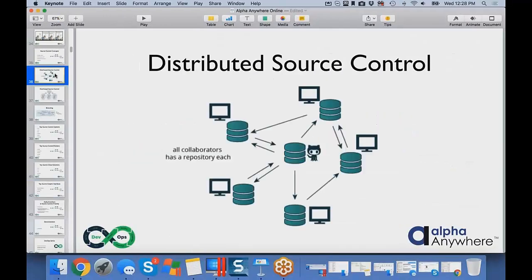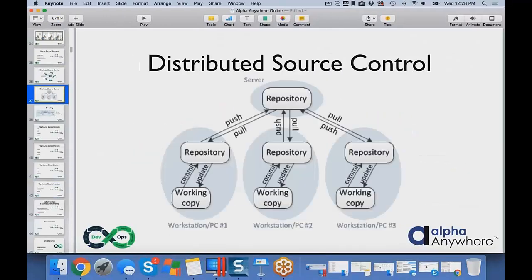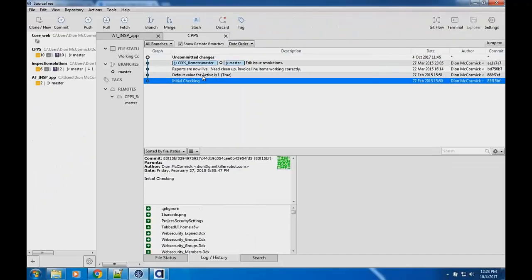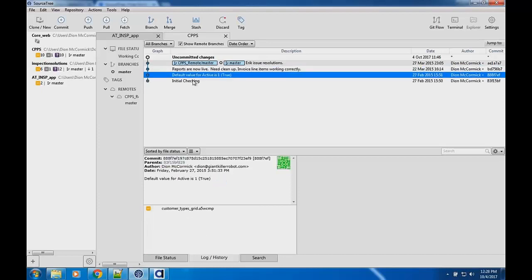I was working on it here and then I committed it into my repository, and each time I commit, the repository creates kind of like a checkpoint. When you commit something, you can give it a description of what has been checked in, so you can give an idea of why you checked these things in.